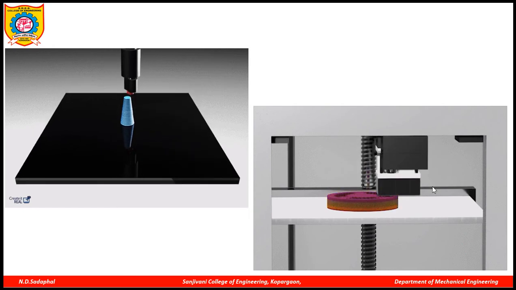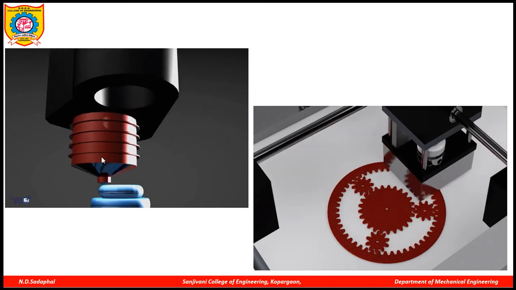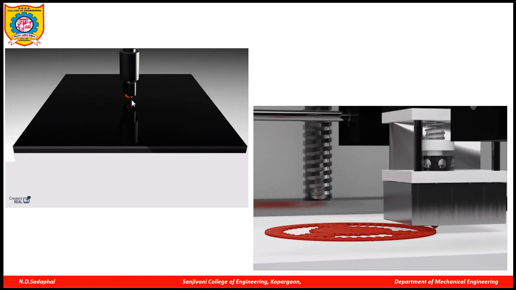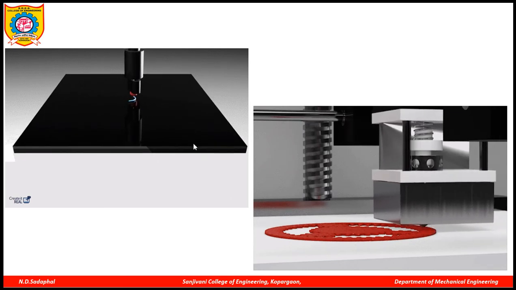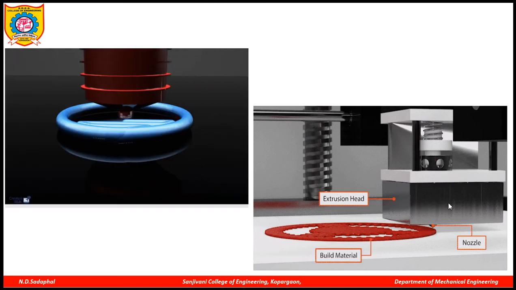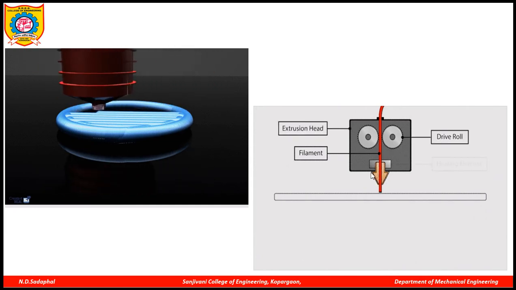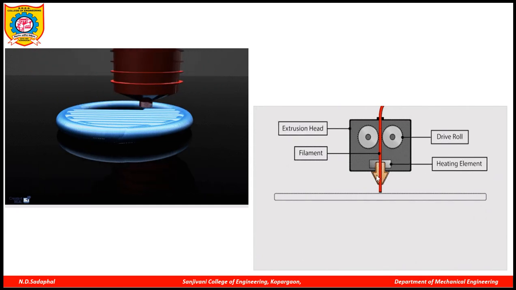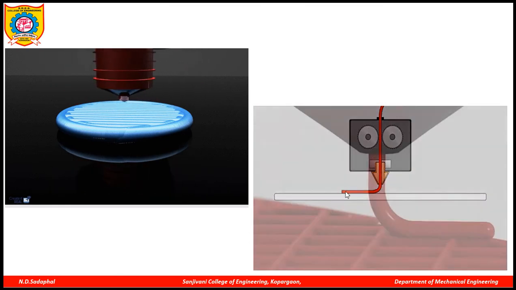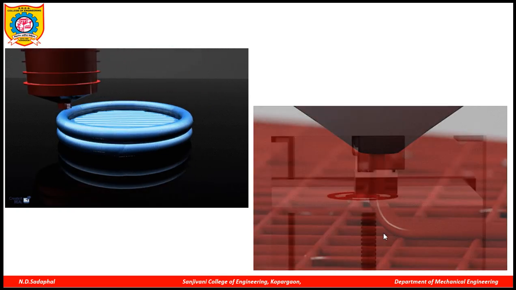So here in this 3D printer, due to the heat, metal is melted. Here metal is melted in this head, and due to the melted metal, that layer will be formed, and that layer is put one upon another. This is the execution head. Here it is shown. This is a nozzle. This is a heating element. Due to the heat, metal is melted, and from the nozzle it is placed on the work table like this.